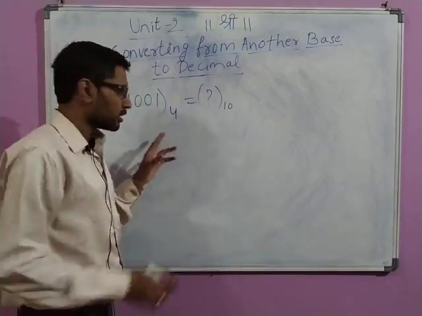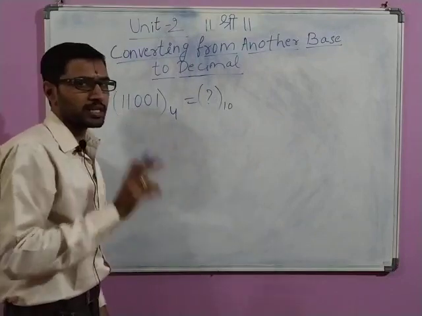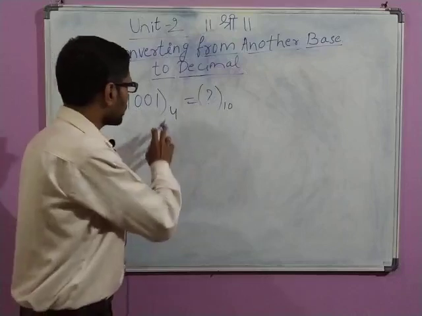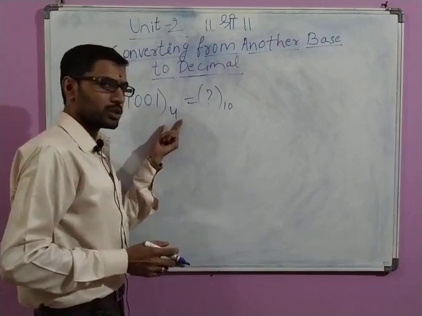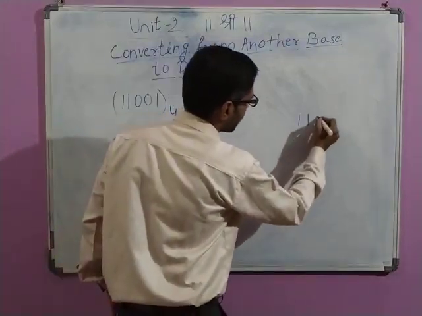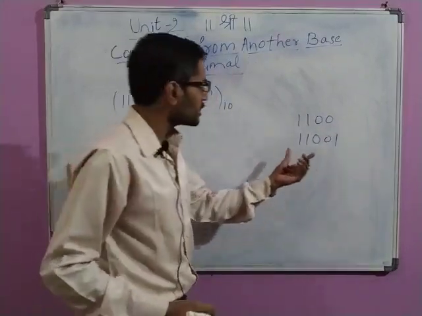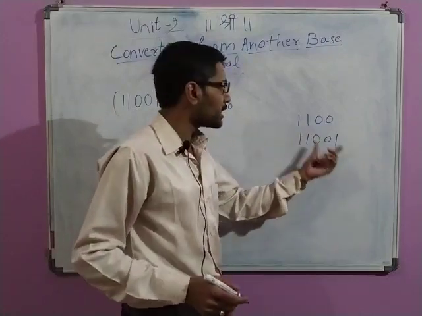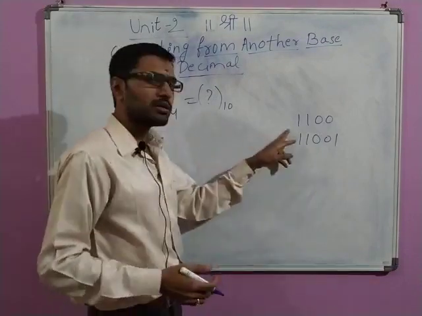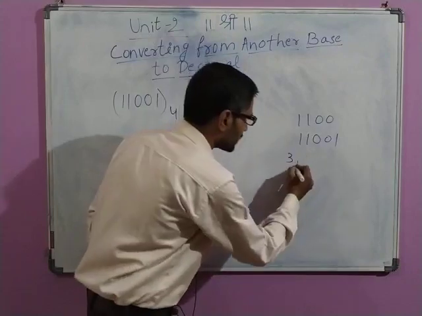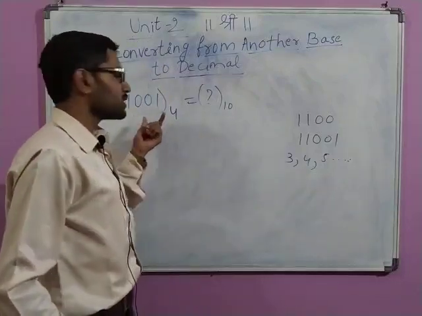Now if you observe, the important thing is that the elements present in this question are all present in the binary number system, but it doesn't mean that this belongs to the category of base 2. So if I have numbers like 1100 or 110001 or any combination of zeros and ones, it doesn't mean that it has to be only binary. It is also allowed in other bases as well, because 1 and 0 are present in binary as well as if the base is 3, or 4, or 5, and so on. In all these number systems, 1 and 0 are present.